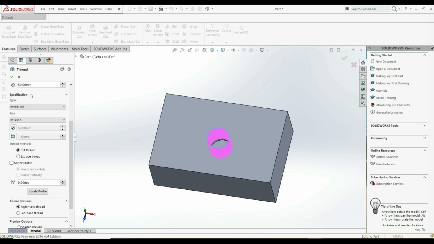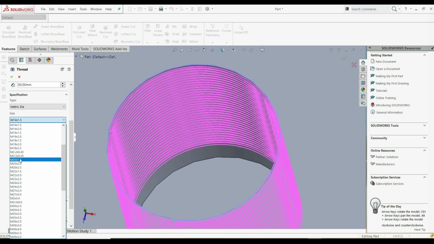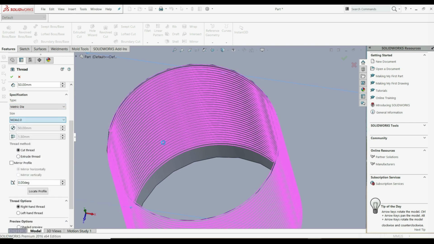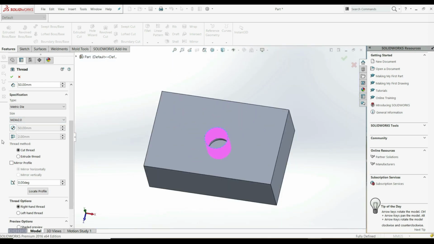And here under specification, we have to choose the type of the thread. Here we have some options. We have an inch diameter, inch tap, metric tap, and so on. Let's go with metric diameter, like this. And here we have to choose the size. Now we can see already the preview. We can zoom in, and now let's choose the size. Let's go with 42, like this. As well, here we can override the diameter and we can override the pitch, but we're gonna leave